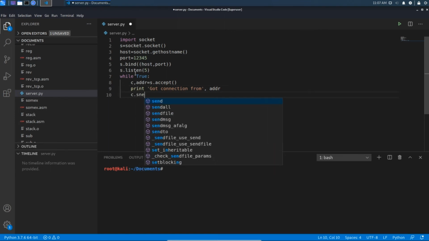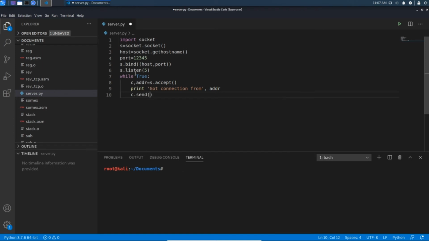And then we are going to send a message to the client that our connection succeeded. At last we need to use the close method, because after using the socket you need to close the connection, so you must use the close method. Okay, our server program is ready.